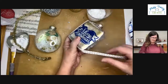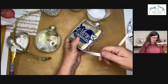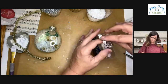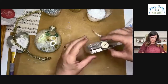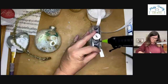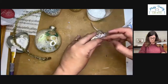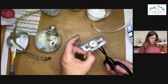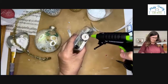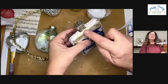This could be lace, trim, maybe even, if you had a really pretty washi tape, you could do a washi tape. Real thin, nice and thin with the glue. Okay, so you can see I'm going to just stop right there, but we're going to finish this out